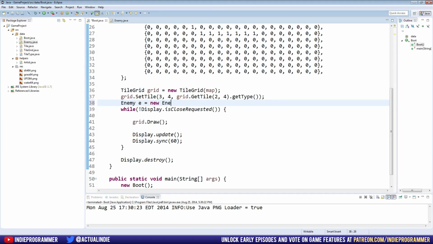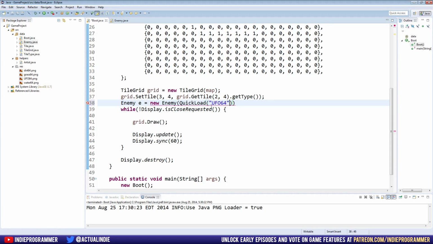Let's name him E, and he needs a texture. And this is obviously going to be cleaned up, and there's going to be a wave manager that does all this for us. But just as we've been doing before, we're just going to test it out in the boot class, and then once we get it to where we want it to be, we'll move it into a more clean and self-sufficient area. But for now, new enemy, and for the texture, I guess we need to call quick load